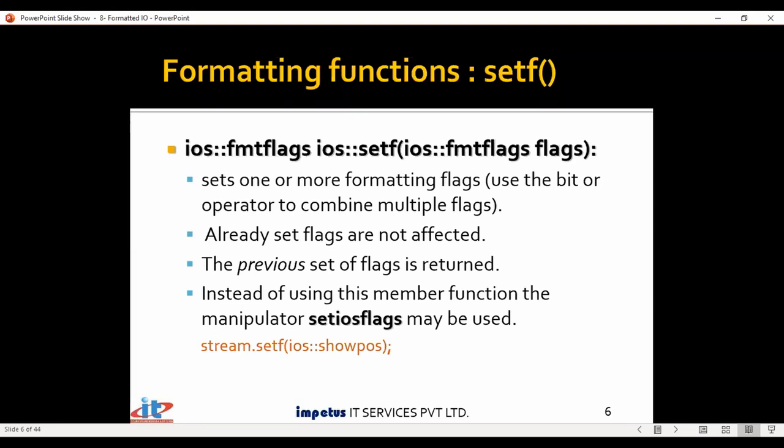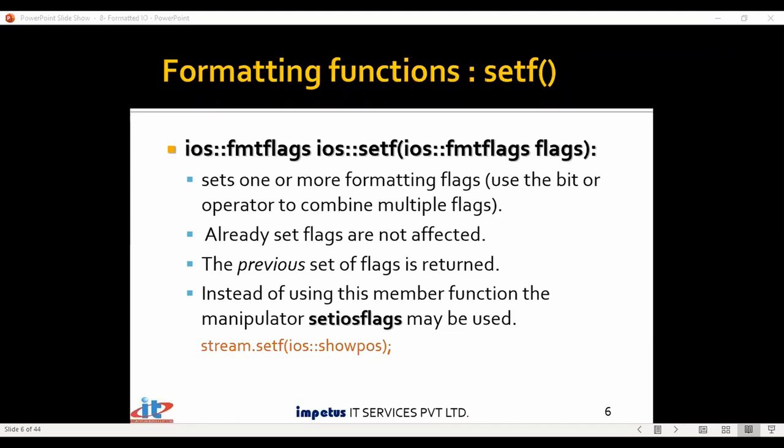And there is also an opportunity for us to turn on more than one flag at a time. If you want to turn more than one flag on at a time, that can be done. To do that, we can use the pipe, the bitwise OR operator, and then we can turn on multiple flags as well. If a flag is already on and you again try to set it on, no effect.